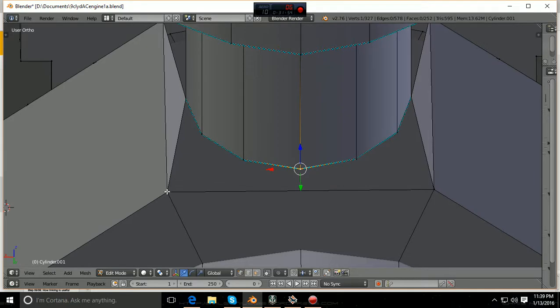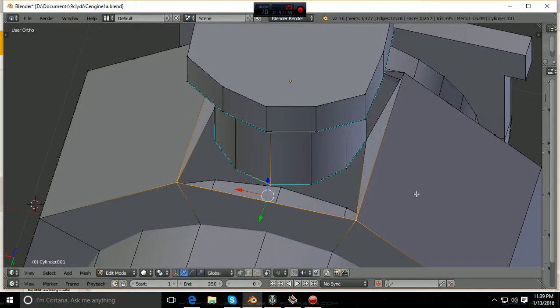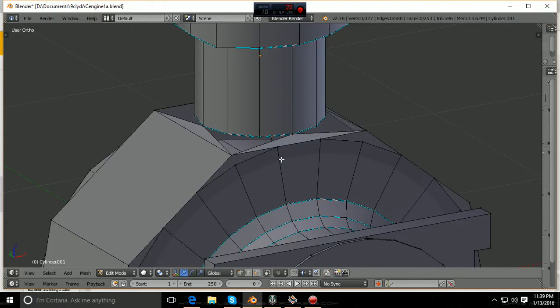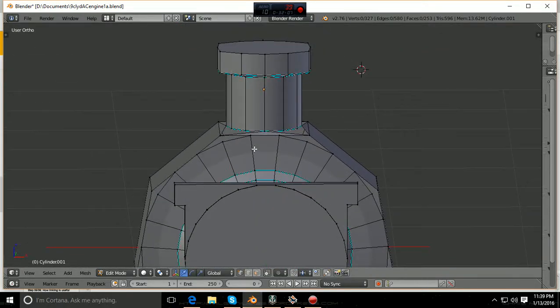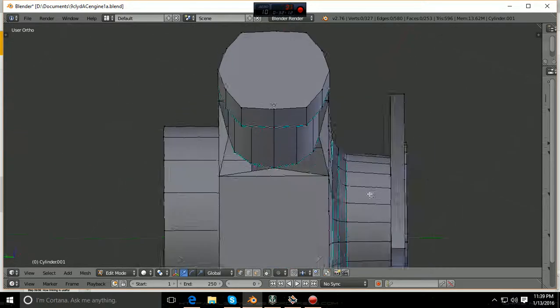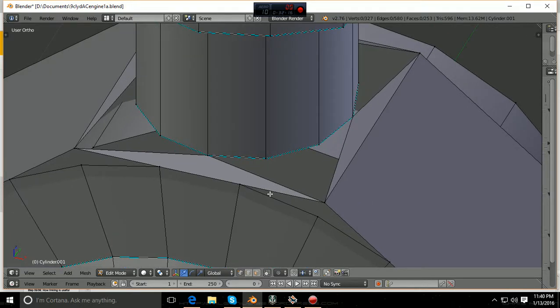I'm not positive, but I think if you was to take this blend file and throw it into Maya or Autodesk or, I don't know, almost any other 3D program, it doesn't have a problem with triangles. They don't give two craps less about them. In fact, they somewhat seem to thrive on them. So